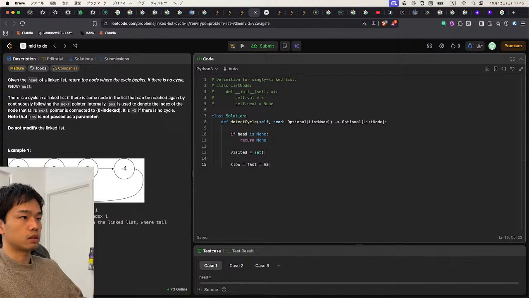Slow, fast, head, and while fast exists and fast next exists, we can